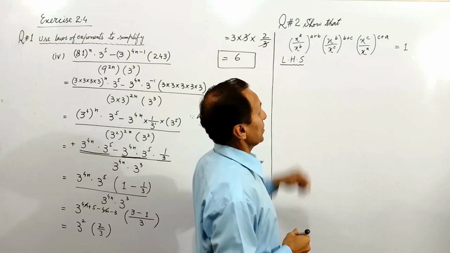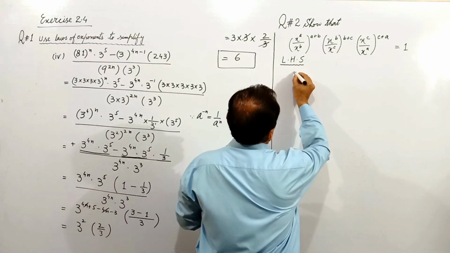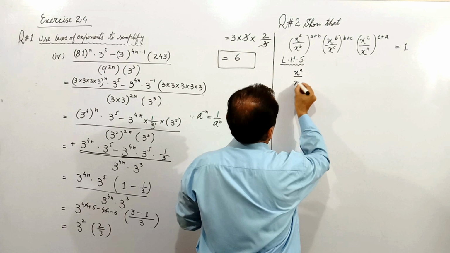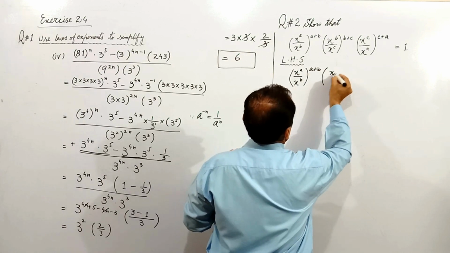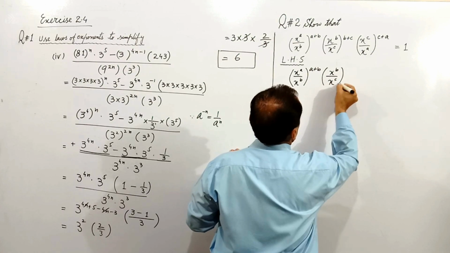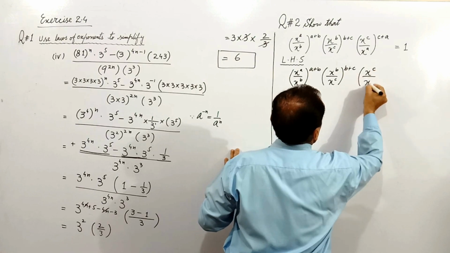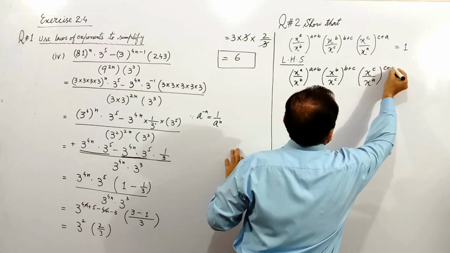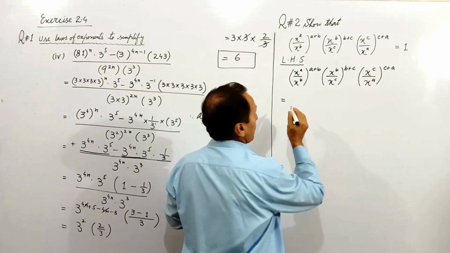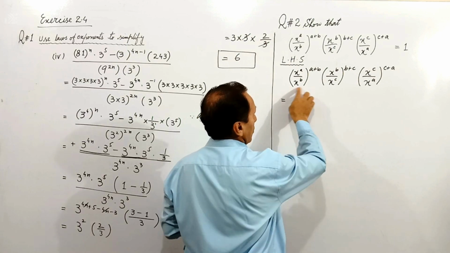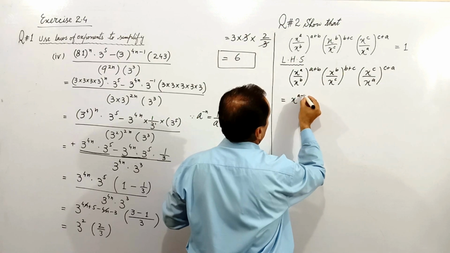For this purpose, we take the left hand side first and apply the laws of exponent. x raised to power a over x raised to power b whole power a plus b, x raised to power b over x raised to power c whole power b plus c, x raised to power c over x raised to power a whole power c plus a. Applying the law of quotient of power with same base on the internal part of the brackets, we get x raised to power a minus b